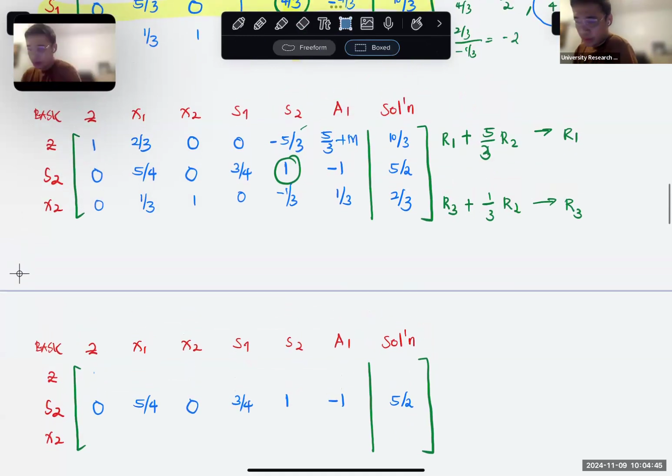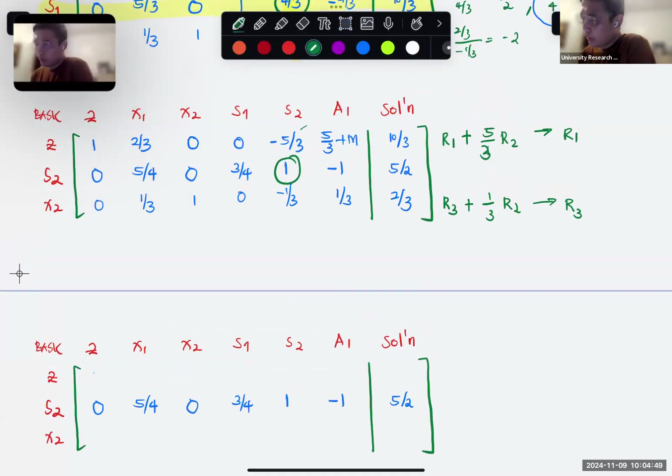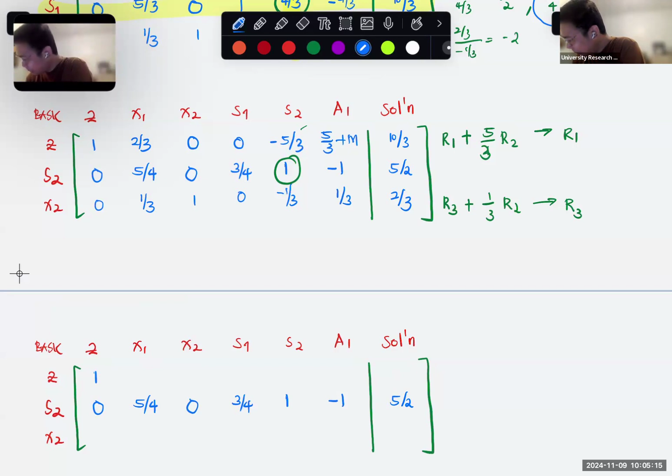Okay. So we now have for the first two rows, R1, R2. So we have 1 and 0. So 1 plus 5 over 3 times 0 is 0. So 1 plus 0 is 1. Then 2/3 plus 5 over 3 times 5 over 4. So 25 over 12, plus 2/3. So calculator na lang. 25 over 12 plus 2/3. So the answer will be